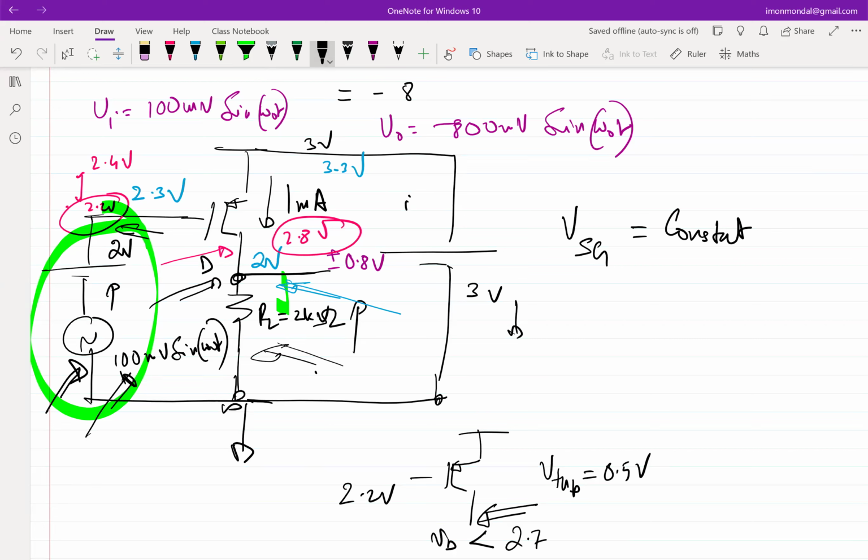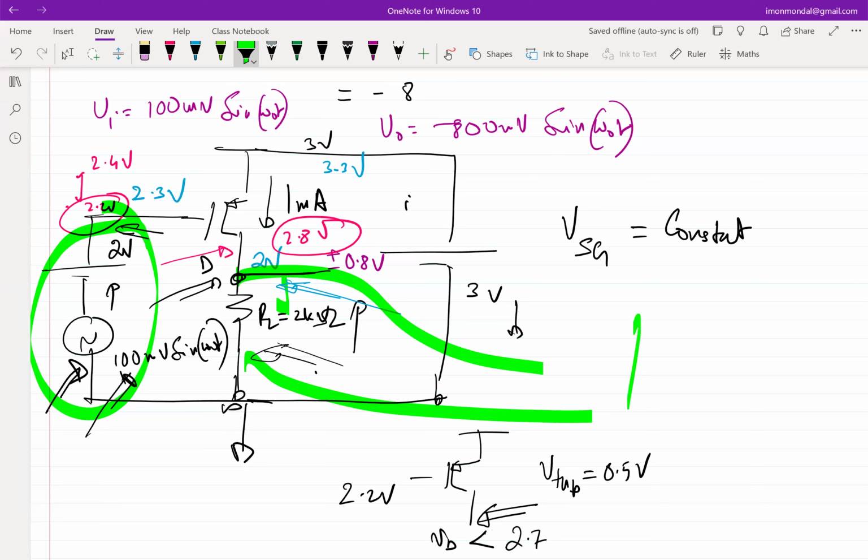And the other problem is, it need not be an explicit source. So there is some other stage which is driving this stage. For example, your output is a voltage across the RL. And let's say there has to be another amplifier which is taking your output and driving it. So for that next stage, this is the source,